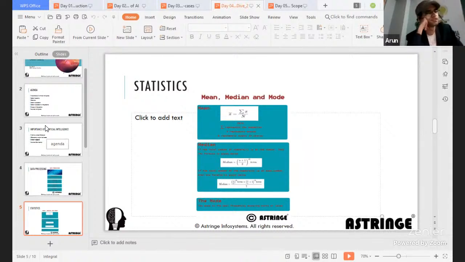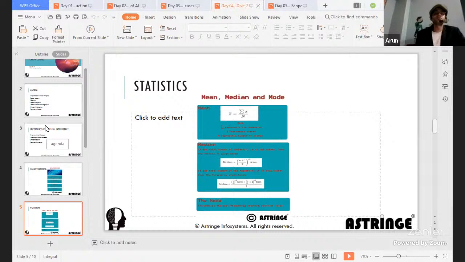In statistics, the preliminary or elementary measures are mean, median, and mode. Mean is nothing but your average value, median is your middle value, and mode is the number of times that the same value occurs. Mostly, going by what we discussed earlier about data types, we'll use mean for continuous data types, median again for continuous data types, or also for categorical data types, like the qualitative data type we discussed earlier.